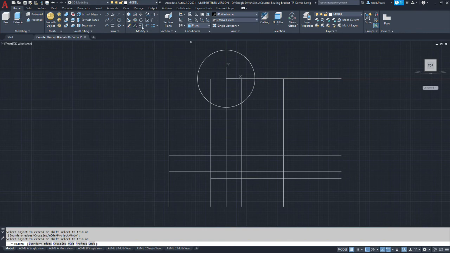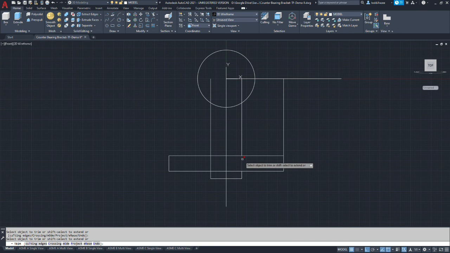Now we're going to switch over to trim, and we're going to trim off the excess lines that we don't need. Guess we could have just deleted those. Okay. Alright, so we should be looking at the end profile of the base flange.